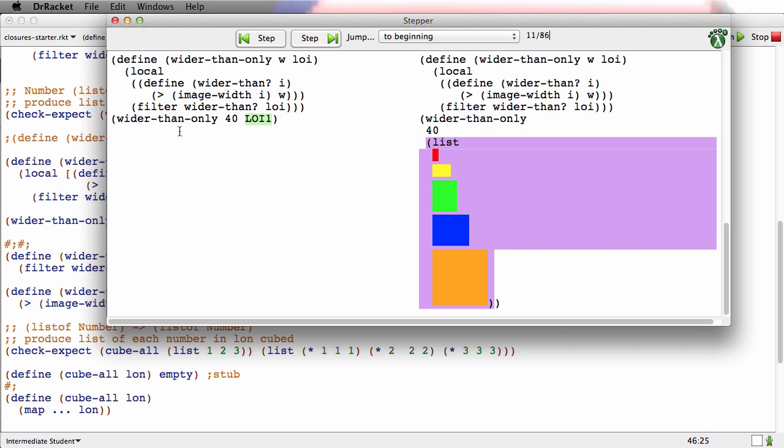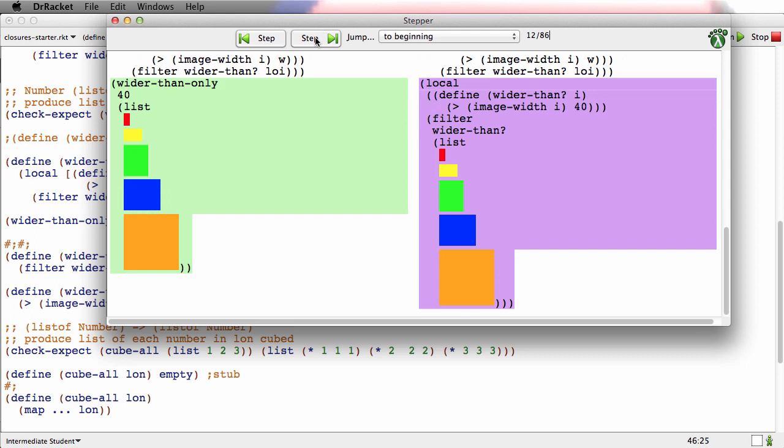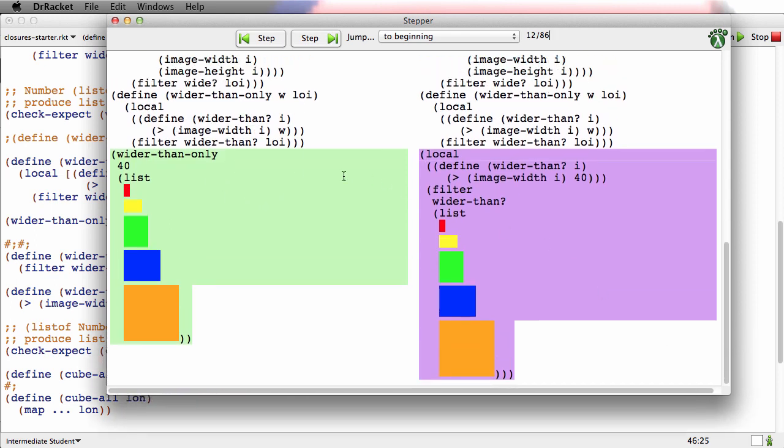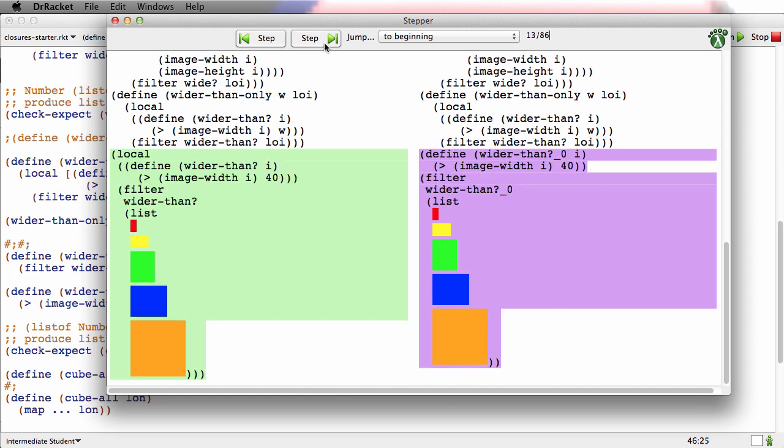So now we've got wider-than-only 40 LOI1. LOI1, of course, evaluates to that list. Let's make it even bigger now. Now we've got wider-than-only 40 with the list. So now we've substituted the arguments to wider-than-only into the body of wider-than-only. Notice that W in the body of the wider-than predicate has been replaced by 40. In the next step, we have a